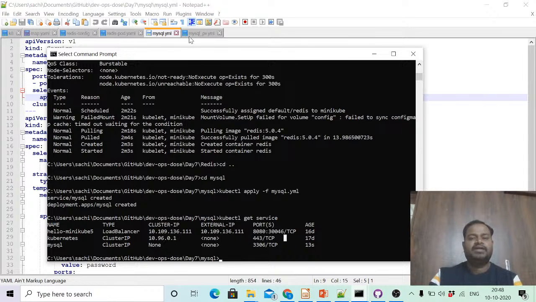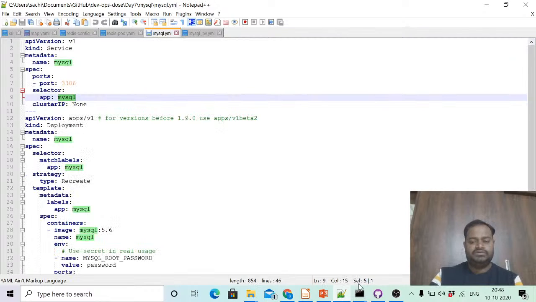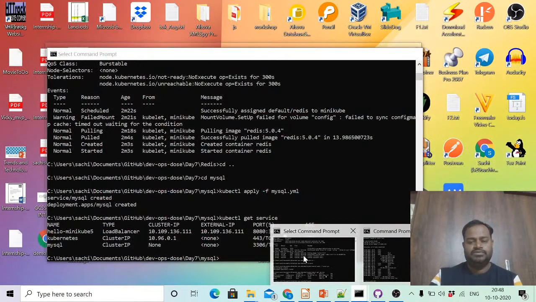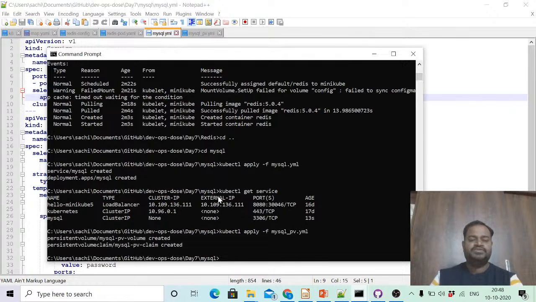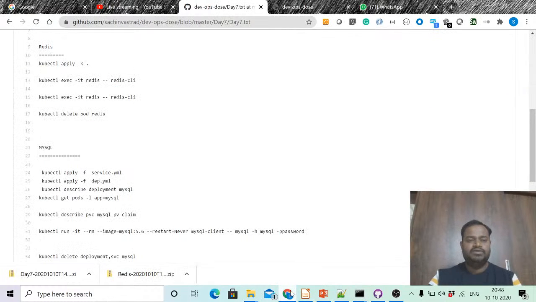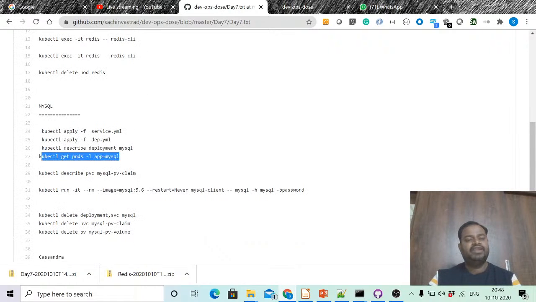So now let's apply this persistent volume. For that you need to use the same command with mysql/pv.yaml. You can see that the persistent volume also got created, right? So now let's come back here and see, when I do this persistent volume stuff and service stuff, automatically